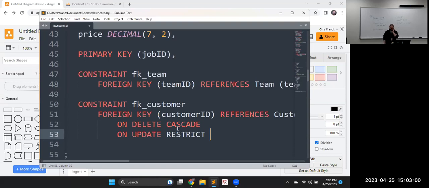So if we delete one, carry through and delete those customer records from both tables. But if we update the customer ID, we want the new address to show with a new work order when we bring it in, but we don't want it to come through and change all of their old work orders, right? If that work was done on Market Street and they moved to Main Street, those are good generic names,